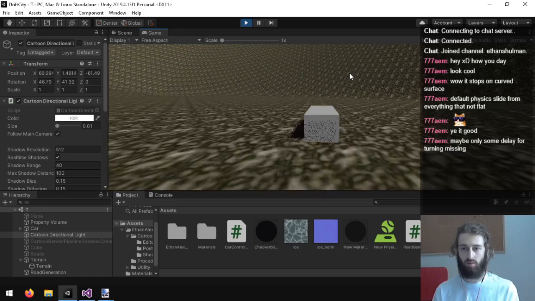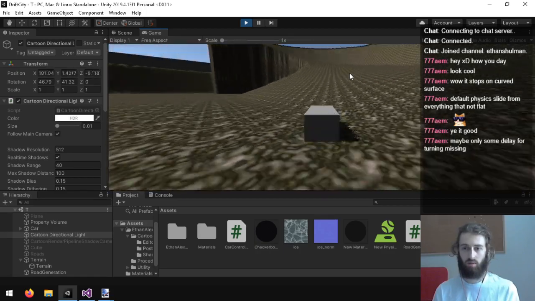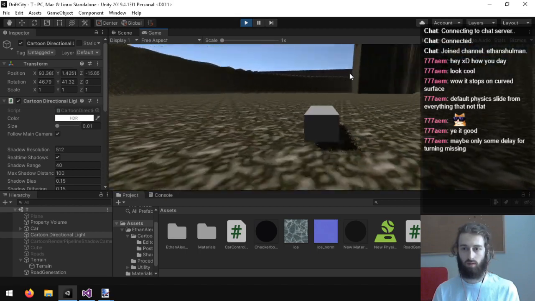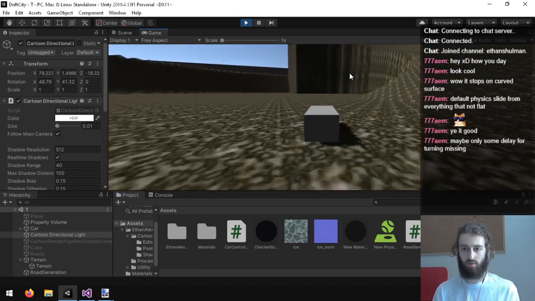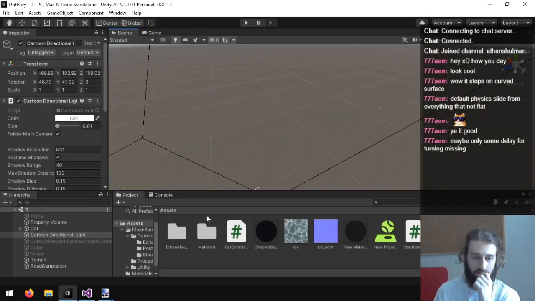So because the angular velocity never gets clamped, it ends up spinning out because it doesn't apply any friction to the angular velocity. Huh.